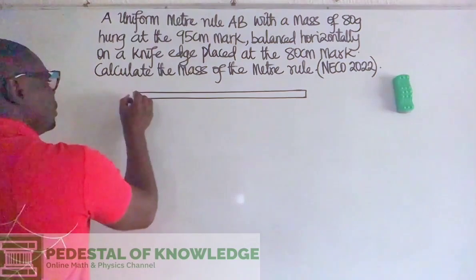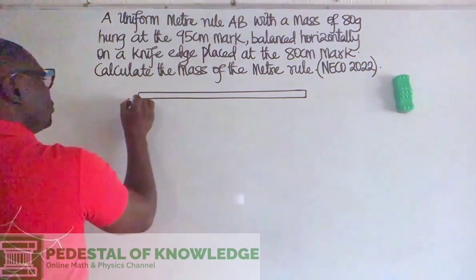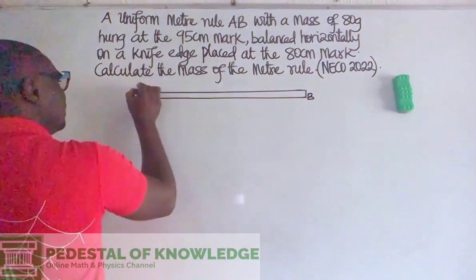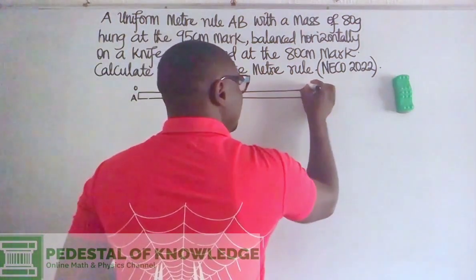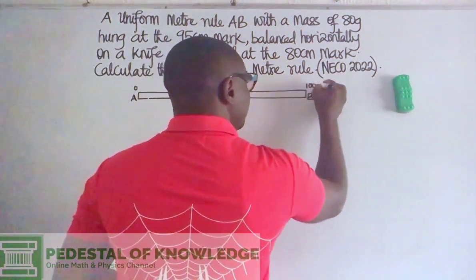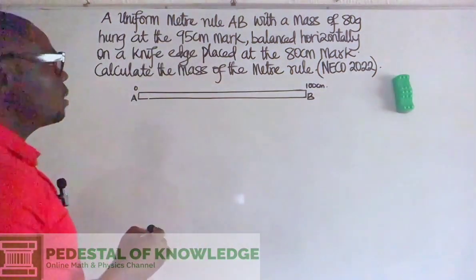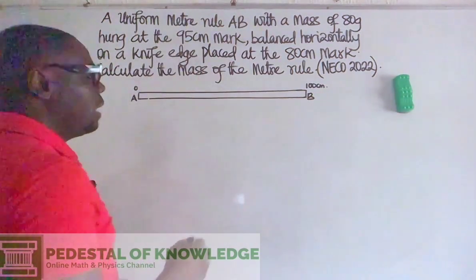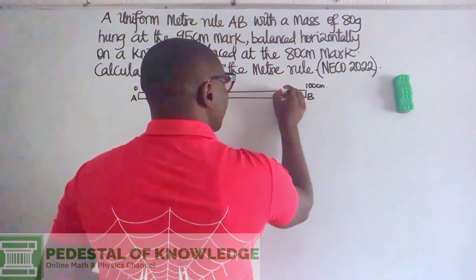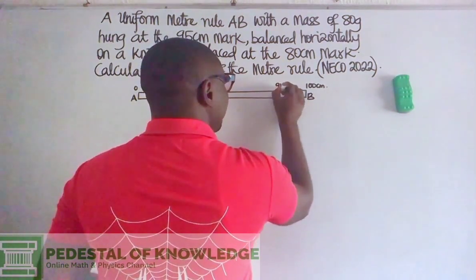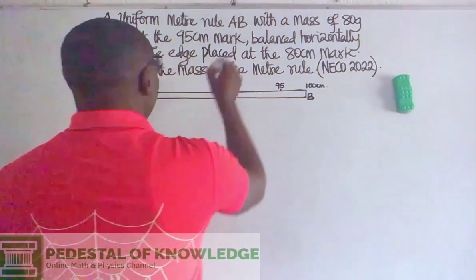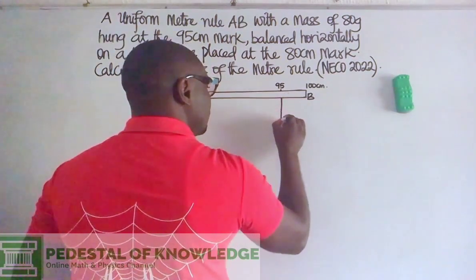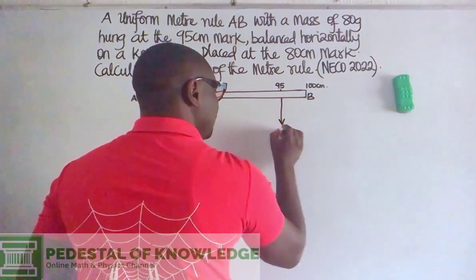All right. Now, it says a uniform meter rule AB. So here is A and here is B. And here is the zero end, while here is the 100 cm mark. Okay, now it says it has a mass of 80 grams hung at the 95 cm mark. Now, 95 cm is somewhere here. So here is 95. And at that point, we have a mass of 80 grams. This is the mass of 80 grams